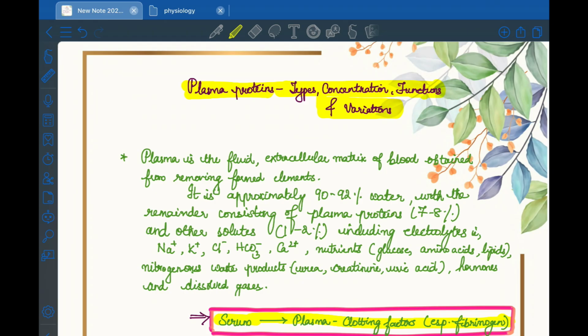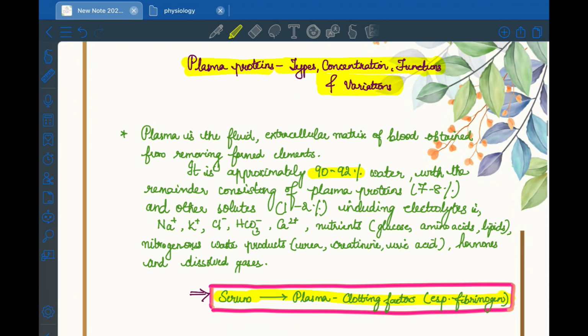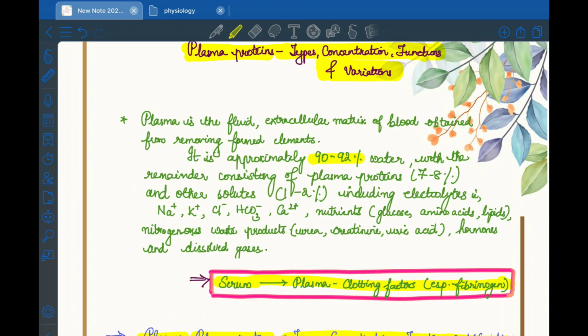So, plasma is the fluid, or it's the extracellular matrix of blood obtained from removing formed elements. So, formed elements make up around 45% of the blood. So, when you remove it, we get the plasma. So, it is approximately 90 to 92% of water, with the remainder consisting of plasma proteins and other solutes. So, plasma proteins constitute around 7 to 8 percent and other solutes constitute around 1 to 2 percent, including electrolytes,